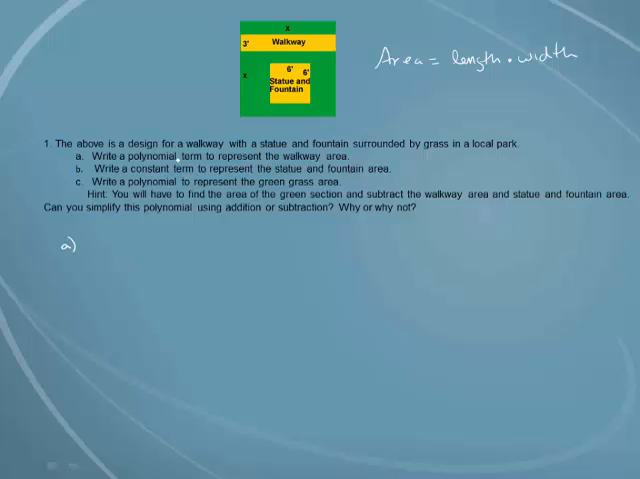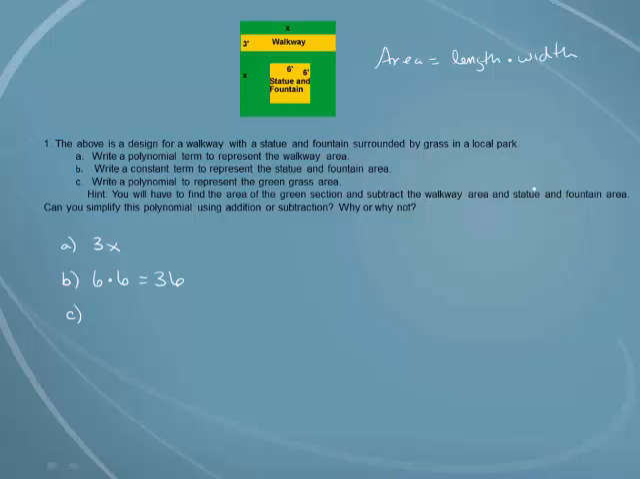A is the polynomial to represent the walkway. We've got 3 times x, so that was 3x. B is a constant term to represent the fountain and statue. That's 6 by 6. So 6 times 6 is 36. Write a polynomial expression to represent the green grass area. Well, hint, you're going to have to find the area of the green section and subtract the walkway and the